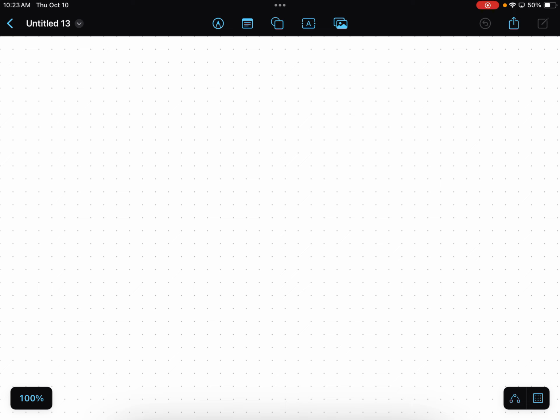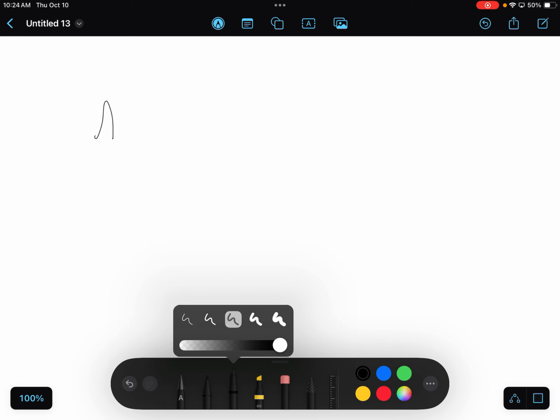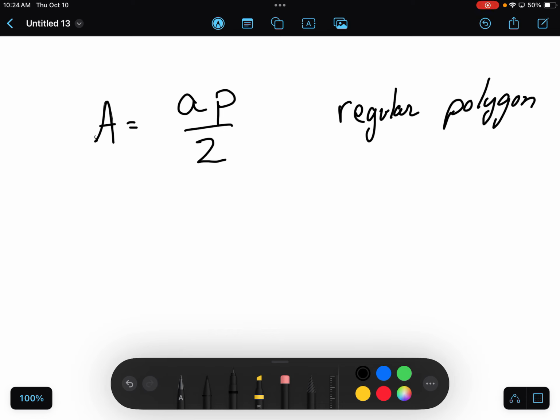All right, so the formula that we're going to spend today on is a little unique. Little a times little p divided by 2. And this is for what we call regular polygons. Now, what regular polygons are